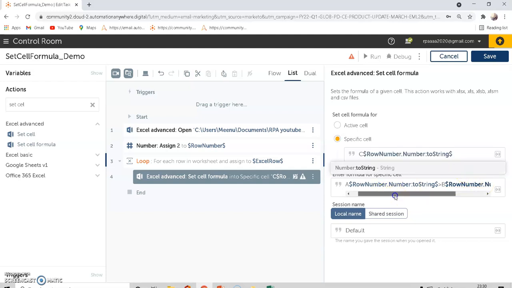If A2 is greater than B2, then what is our last step? Comma, return the value as true. Then else, false.